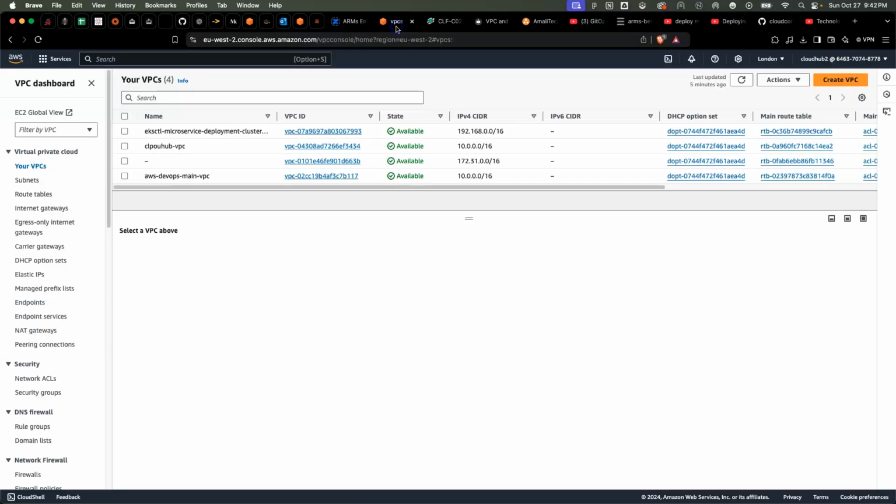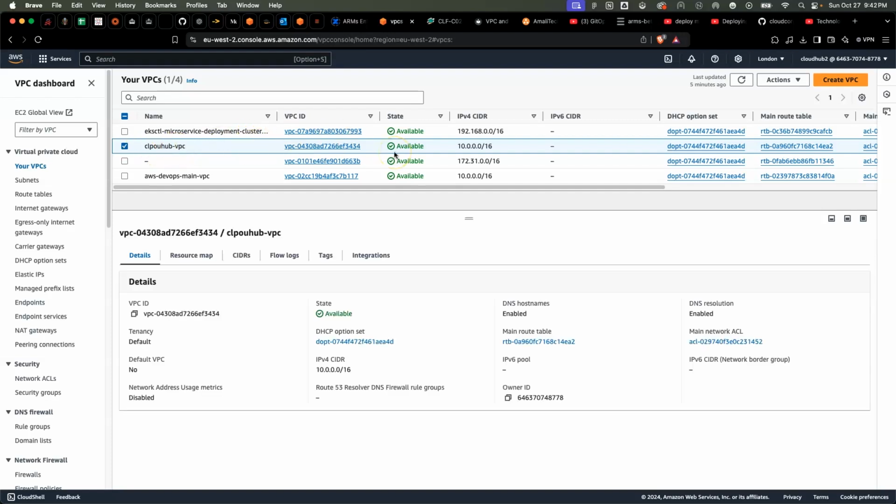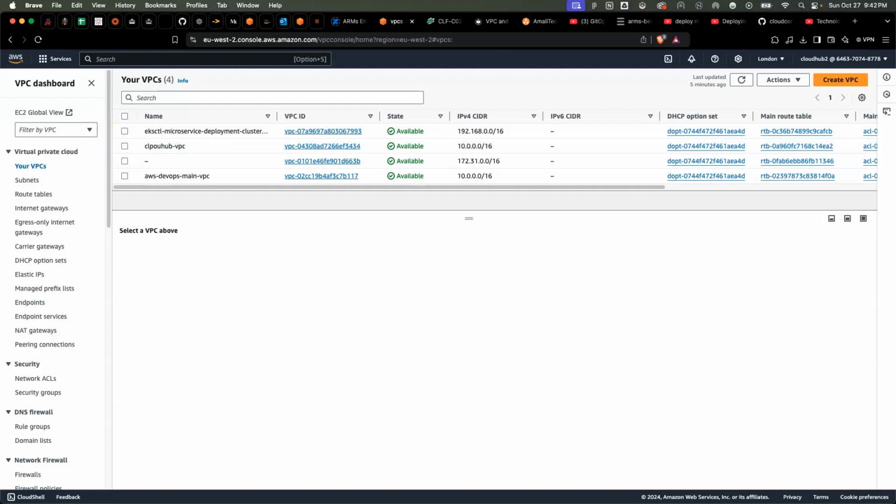So I've already signed in into my AWS account. As you can see, I already have a VPC that I've created. So we are going to use this VPC to design our three-tier architecture. Okay. So first of all,